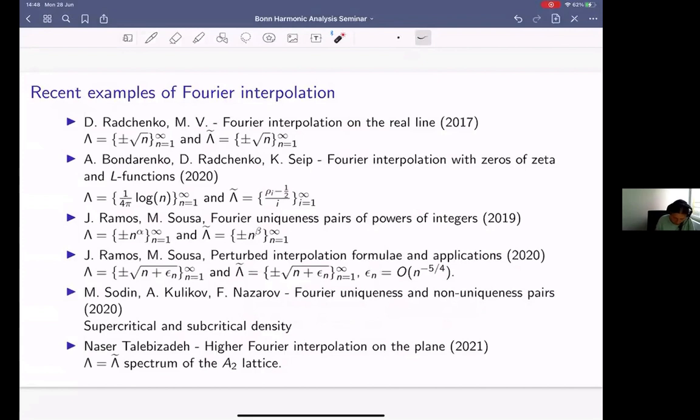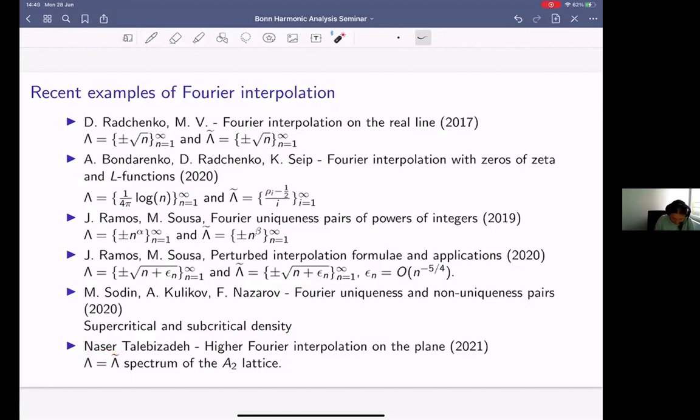And they introduced the notion of supercritical and subcritical density for the pair of sets lambda and lambda tilde. And this notion is rather general. And also what they can show is that if this density is supercritical, then we would have uniqueness under interpolation. And if the density is subcritical, then there will be no uniqueness. And maybe finally, I would like to mention the recent interesting result of